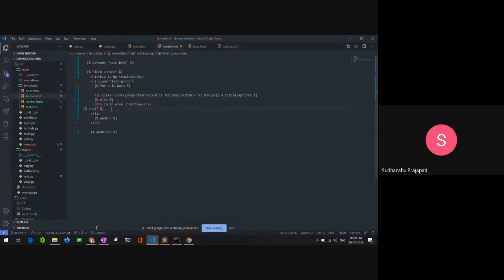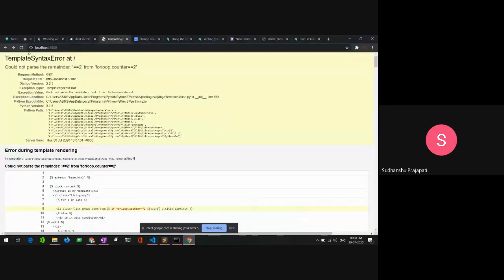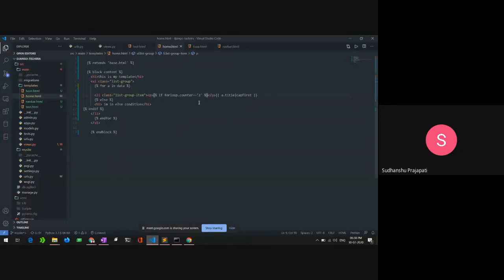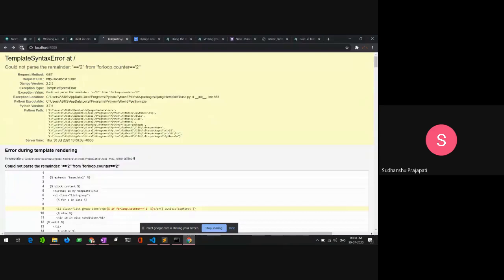If I am correct, it should run. Error during template rendering: could not parse equal to. Okay. Should work. Yeah.